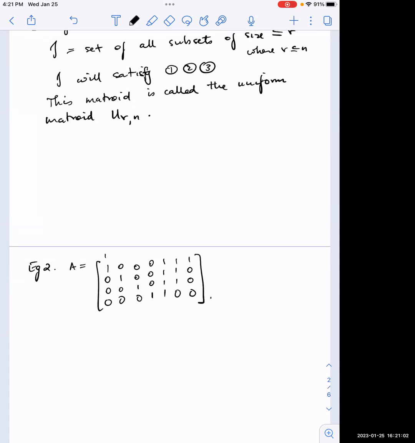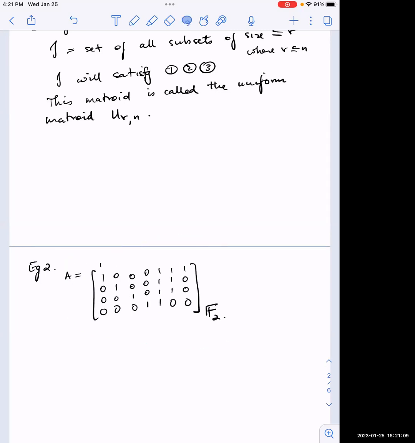And this is a matrix over the finite field F2. So one thing that makes matroids have a bit of a learning curve is that we right away,